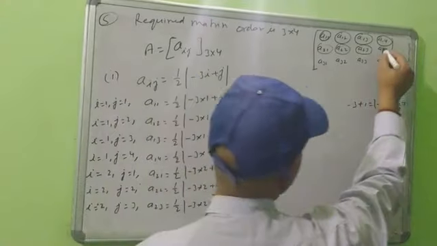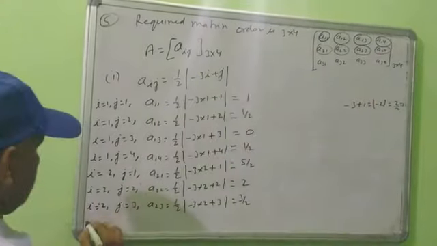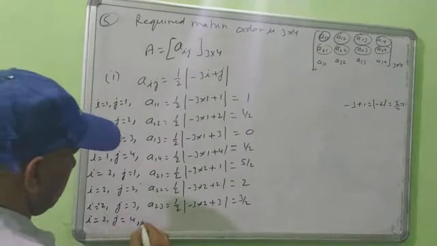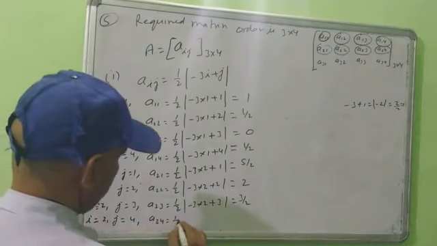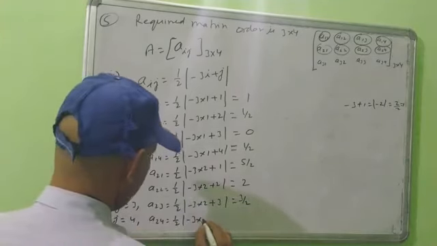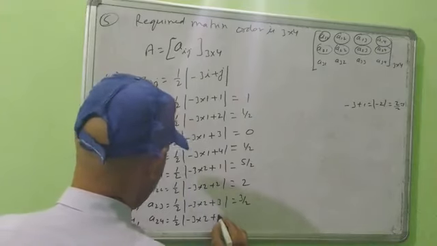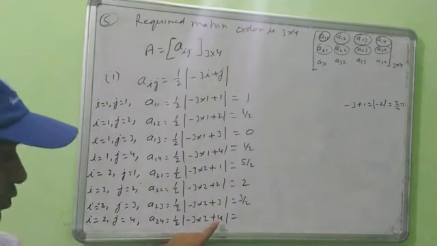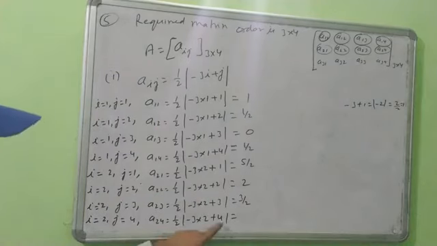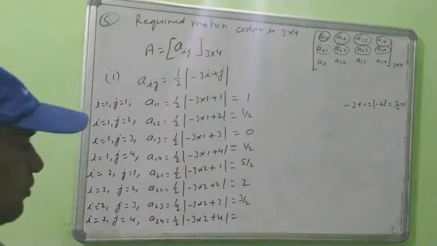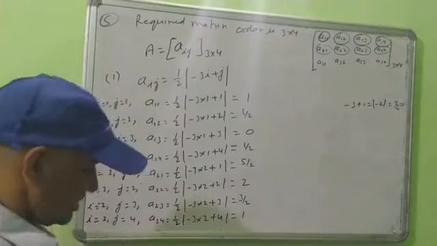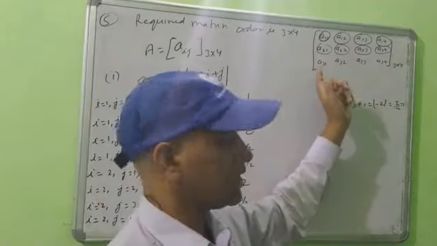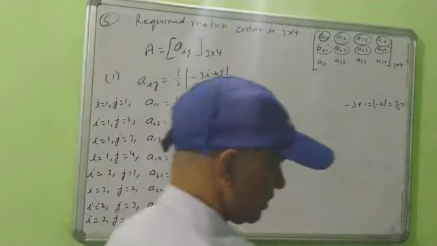Next, this one is a24. The second row is finished. i equal to 2 and j equal to 4. The result here, 2 4, 1 by 2, mod, 3 into 2 plus 4. So 3 into 2 is 6 minus 6 plus 4 is minus 2. With the mod sign, plus 2 upon 2 is 1. This means in this way you solve the question for the first row, second row, and similarly you solve the third row also.